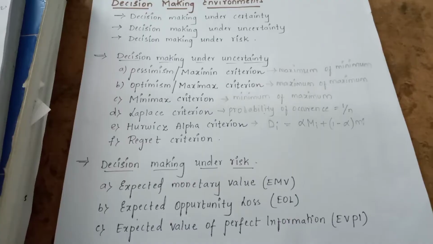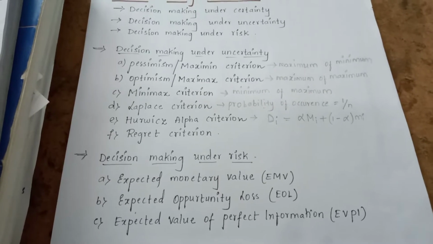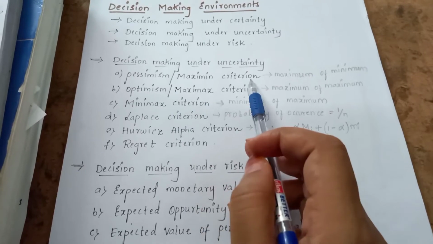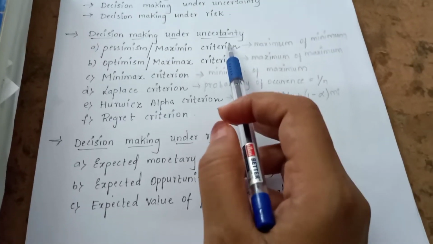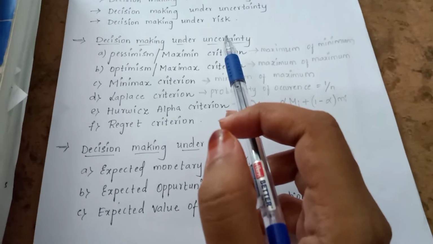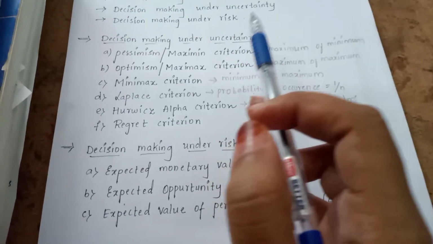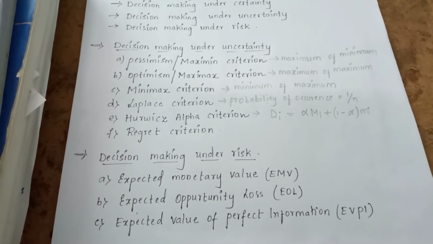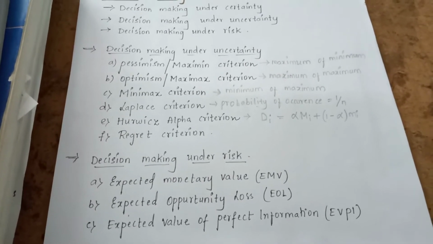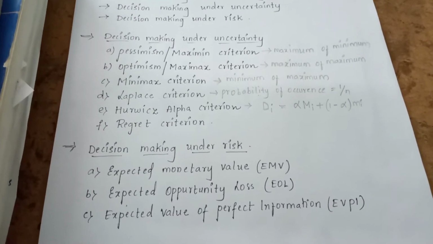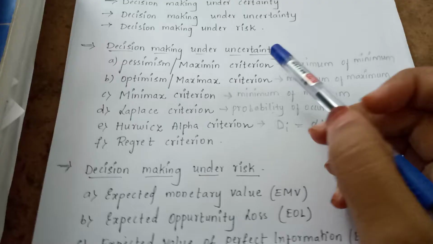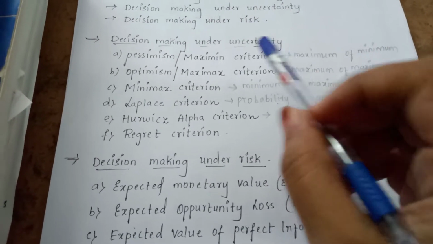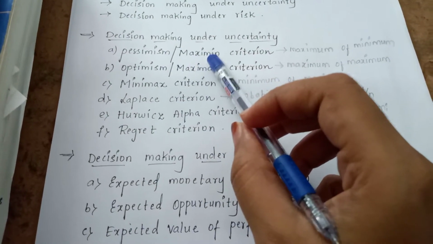Okay students, the following choices are available to the decision maker in the situation of uncertainty. The first one is pessimism or Maximin criterion. This criterion is used by the decision maker who is pessimistic about the future. Students, you might be knowing about this. The pessimist is the person who tends to see the worst aspects of a thing, who believes that the worst will happen. So this criterion is used when the decision maker is pessimistic about the future. The other name for pessimism, students, is Maximin criterion.